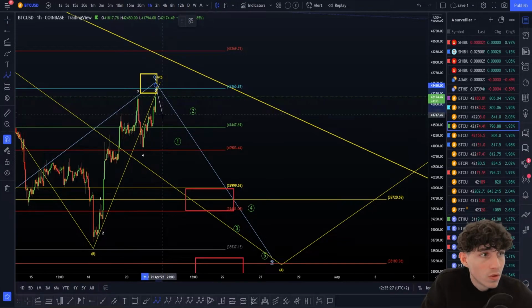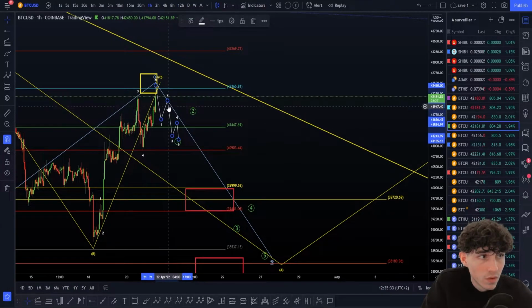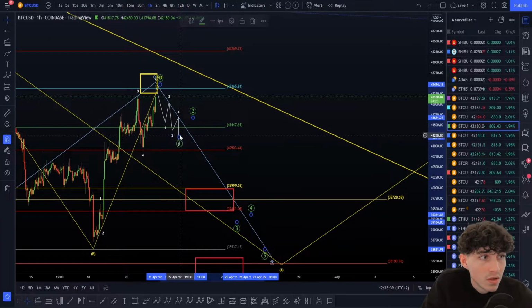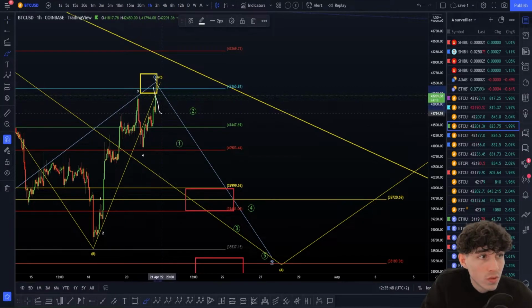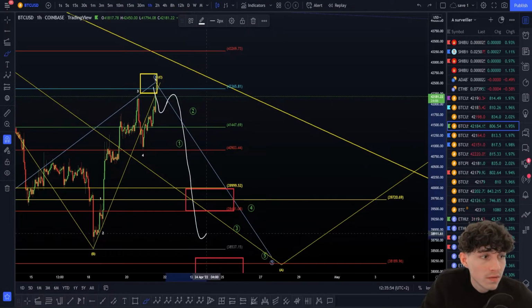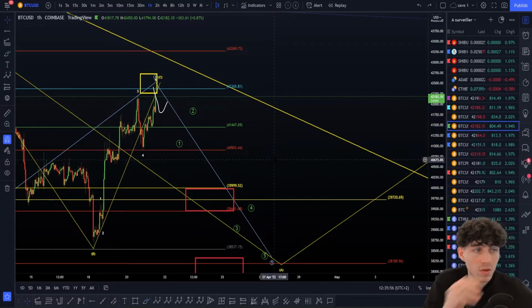A wave 1 here, 2, 3, 4, 5 like this, impulsive, okay. Or we can also look for a possible leading diagonal here if we are in this wave 1, okay, like this. Maybe not that big. Sometimes we can do some, oh, that's pretty ugly what I'm drawing to you, anyway, you understood me. It can also be a really smaller one, for example, just a wave 1, 2 like this, and not go that down, okay. And once we have done this wave 1, 2, boom, after that we do a huge wave 3, 4, and 5 like this, okay. This is also a possibility.